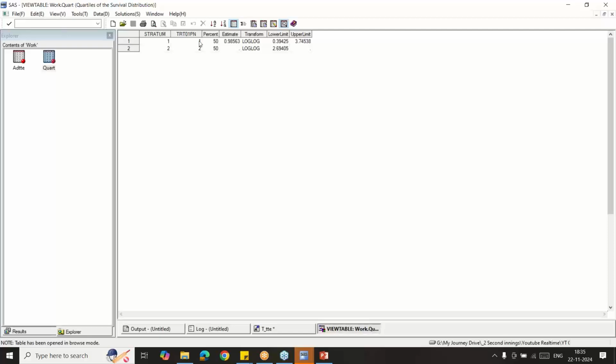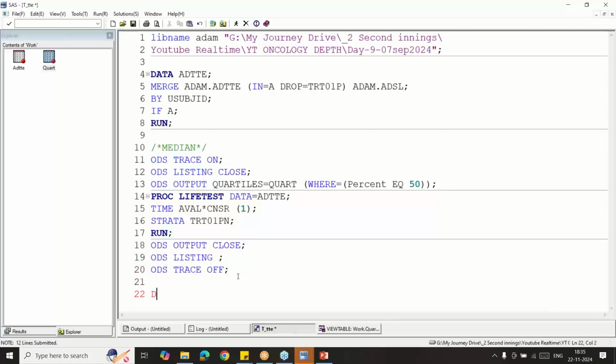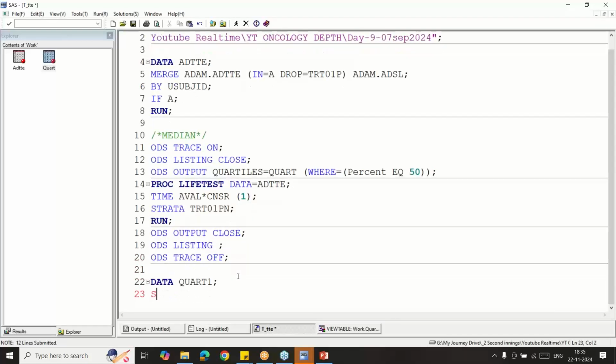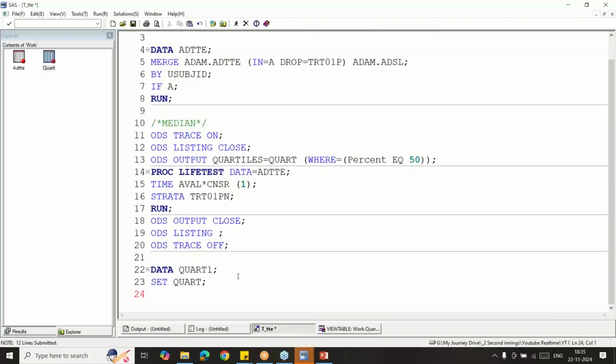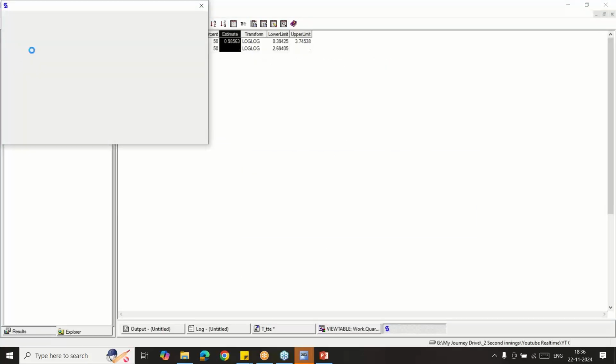Now we can see the first treatment, 50%, the lower and upper values you can get. Now take this dataset outside and just keep the variables which are required. You cannot include unnecessary variables. TRT01PN, and here you will find the estimate